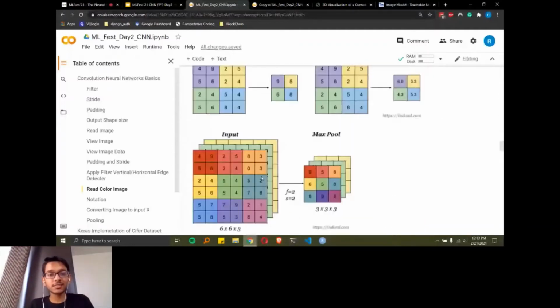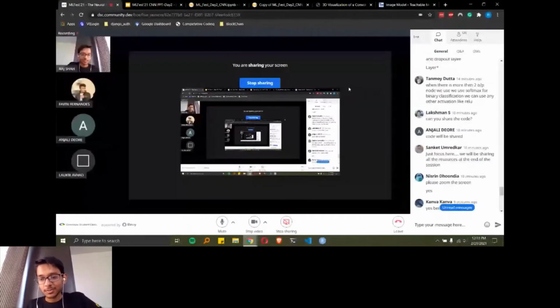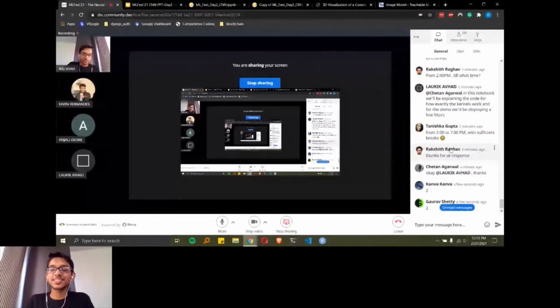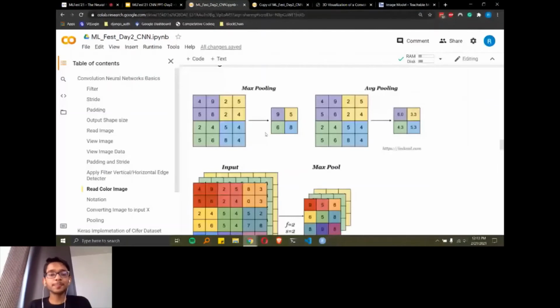So you can see here, can anybody state in this picture of max pooling what the stride size is? After how many steps will it move? Anyone? Correct. So as you can see, we can also put it in the formula, and then we can find out how the pooling result is coming. All those who have guessed correctly, congrats. And now we'll be looking at the code. This is the formulas and the codes.